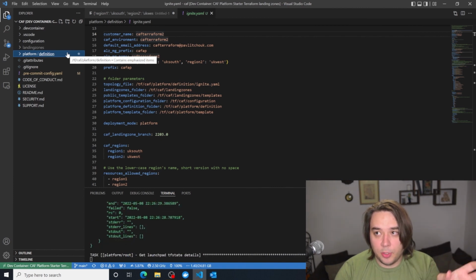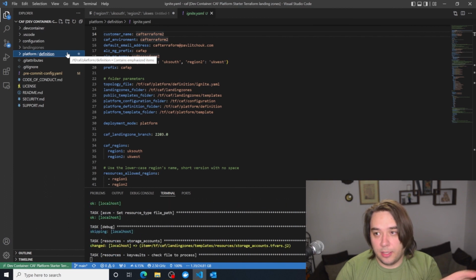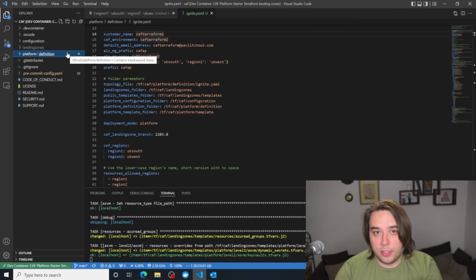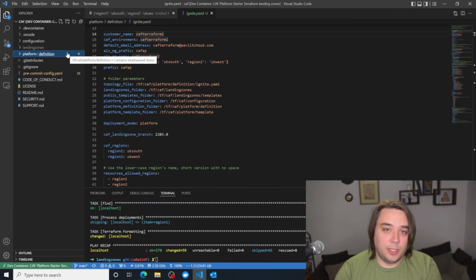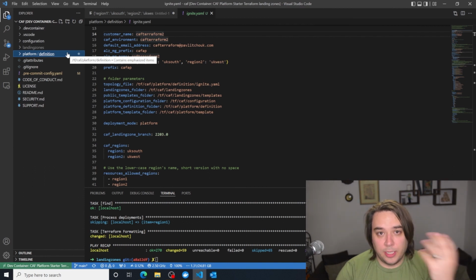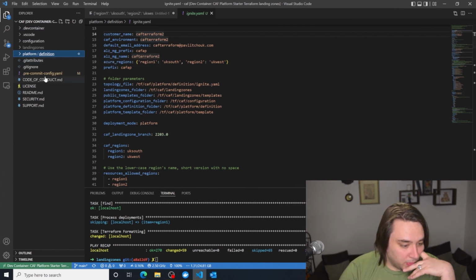Maybe you've used a landing zone for a customer, and you can then use almost the same template but just change a bit of the variables. Or if you're an organization and you want to deploy the same thing that you've deployed before, that's really useful as well.